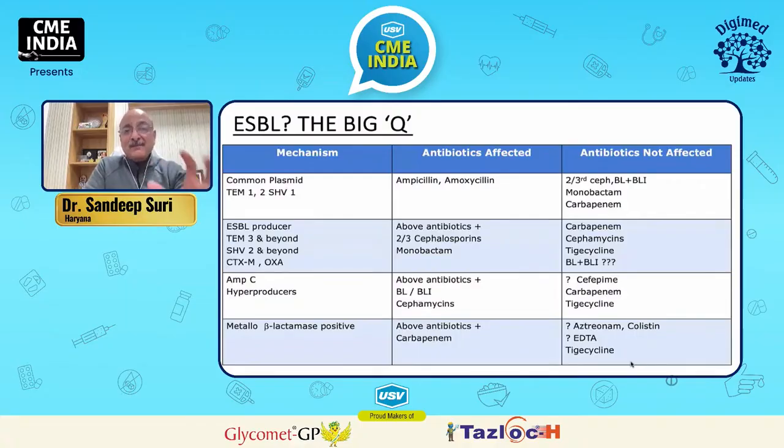Now, ESBL happens in two ways. One is plasmid driven, that is TEM-1, TEM-2, SHV-1, SHV-2, they are all plasmid driven, or it is chromosomally mediated, where you can have AmpC or metallo-beta-lactamase positive. So this is the basic microbiology knowledge. So if you are having TEM-1, SHV, ESBL, what will be working for you? The carbapenems will be working for you, like imipenem, meropenem. Tigecycline will be working for you, specifically if you're talking about Klebsiella.